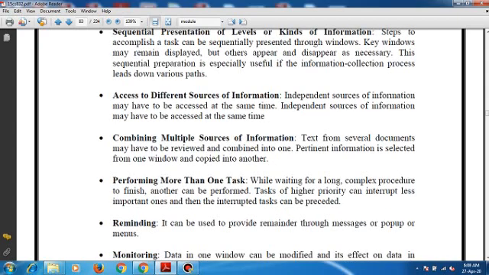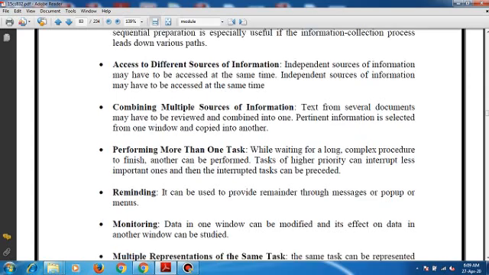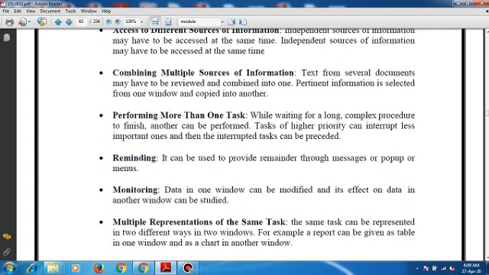The next one, reminding. Windows can be used to provide a reminder through messages, pop-ups or menus. The next one is monitoring. The data in one window can be modified, and its effect can be seen in another window. The multiple representation of the same task.